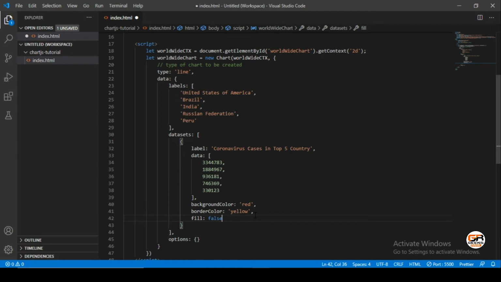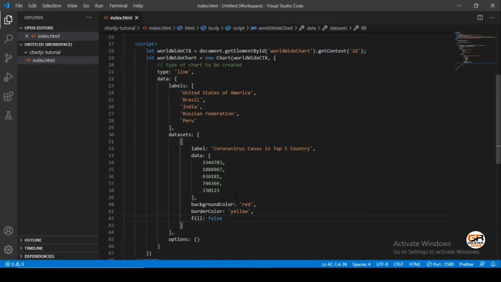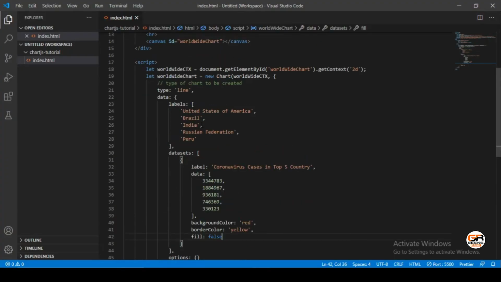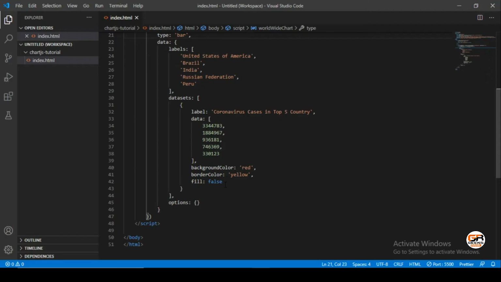Yes, the fill area has been removed, and only the line is showing on this graph. You can check other graph types in the documentation. Let's go back to the bar chart, as it's our requirement for the project, as you saw in the demo. And let's move on to the second project.